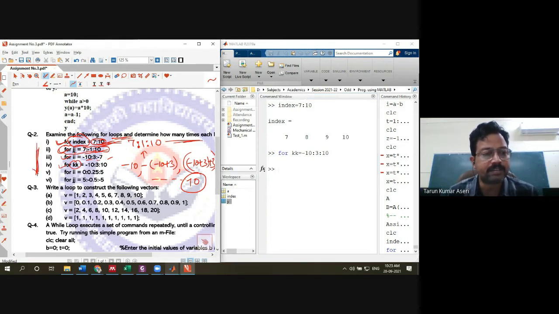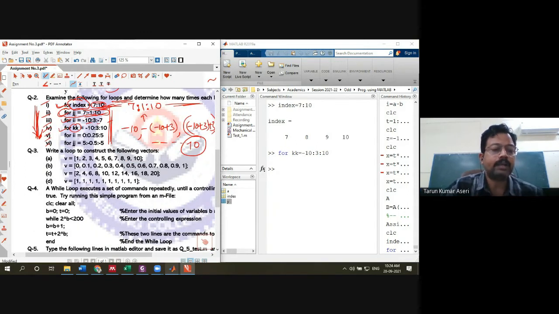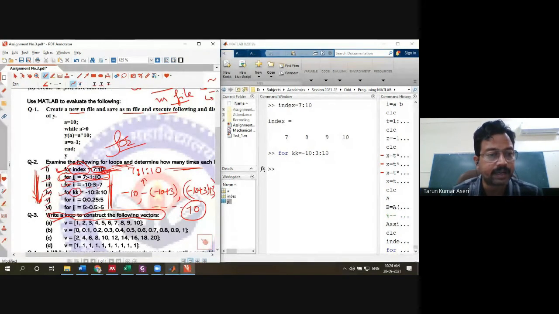This is self study based. You need to carry out and complete this type of examples, so you may gain an understanding of the for loop. Now another question: while loop to construct, write a loop to construct the following vector. As you have seen in the first question, you created a loop and a vector y equals 10, 20, 30 up to 100.